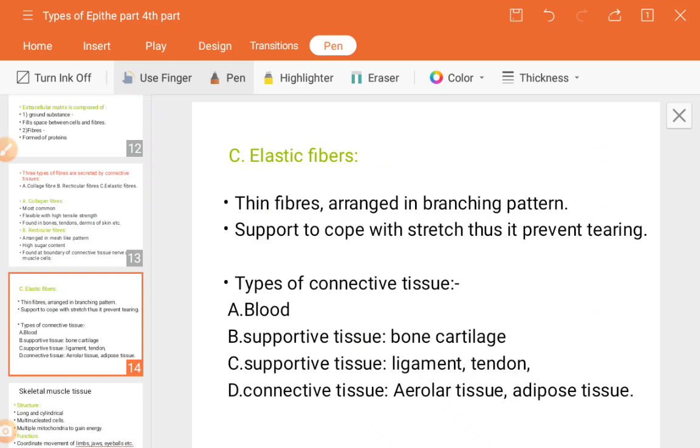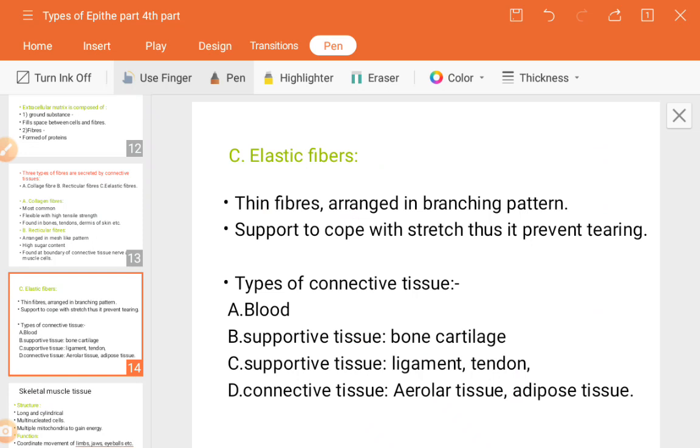The cells are embedded in the matrix. Many types of cells are present. The most abundant are known as adipocytes. So you should not get confused between areolar and adipose tissues, which both consist of cells in their matrix. The cells embedded in the matrix of areolar tissue are known as fibroblasts, and the cells in the adipose tissue matrix are known as adipocytes.